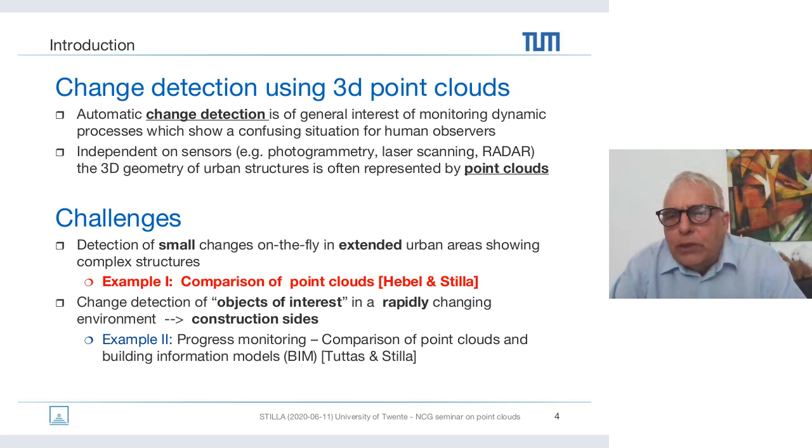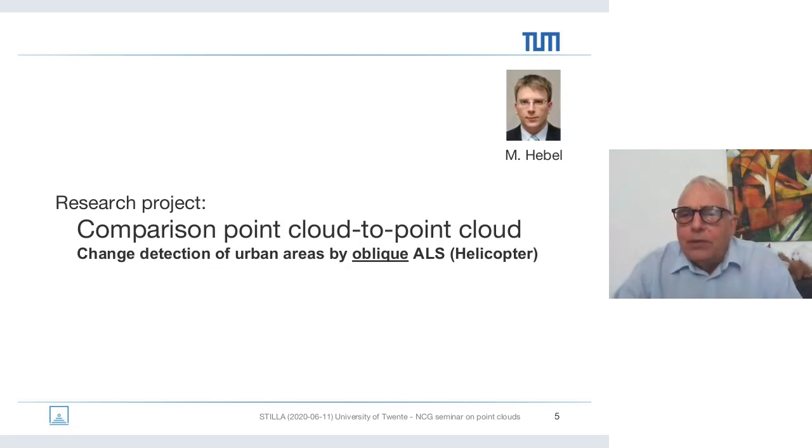The geometry of the urban structure is often represented by point clouds, and I will pick out two challenges: detection of small changes on the fly in extended urban areas showing complex structures, by comparison between 2 point clouds, and the second example is change detection of objects of interest in a very rapidly changing environment. So we have selected construction sites where there's a lot of movement and a lot of activities, and we want to find out what has changed. So I want to start with the first part, which was done in a PhD thesis of Markus Hebel, and